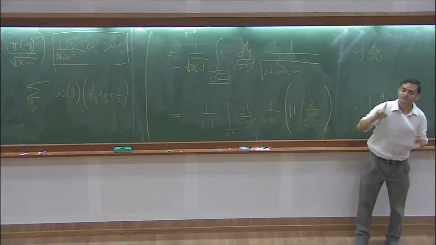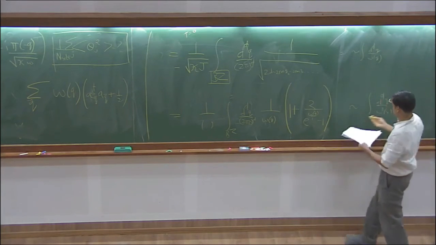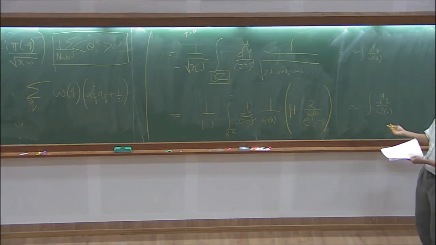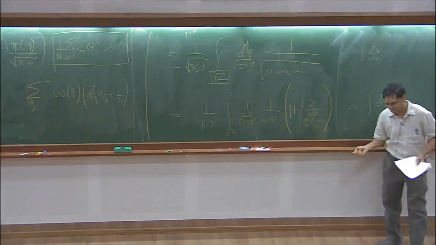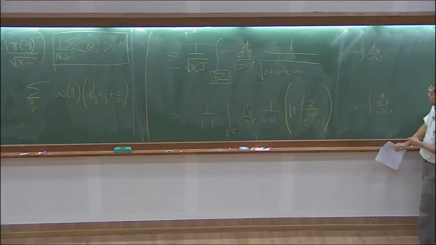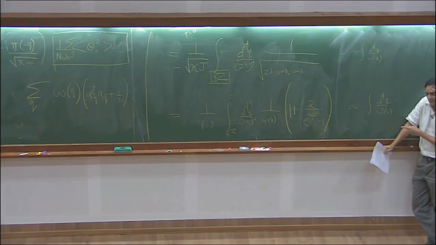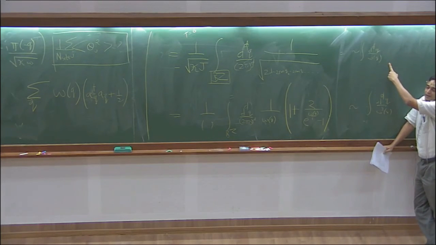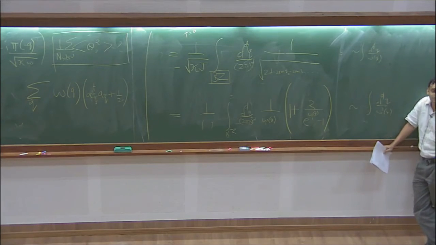You made a reasonable assumption that things are lined up, but that gives an inconsistent answer because the integral diverges, right? It diverges in 1 and 2 dimensions at non-zero temperature, and it diverges in 1 dimension at 0 temperature. So long-range order, spontaneously broken symmetry of the type I described in the first lecture, appears to be inconsistent, right? Now this is a bad thing. You started with a reasonable assumption, it just blew up in your face. How are you supposed to fix it?